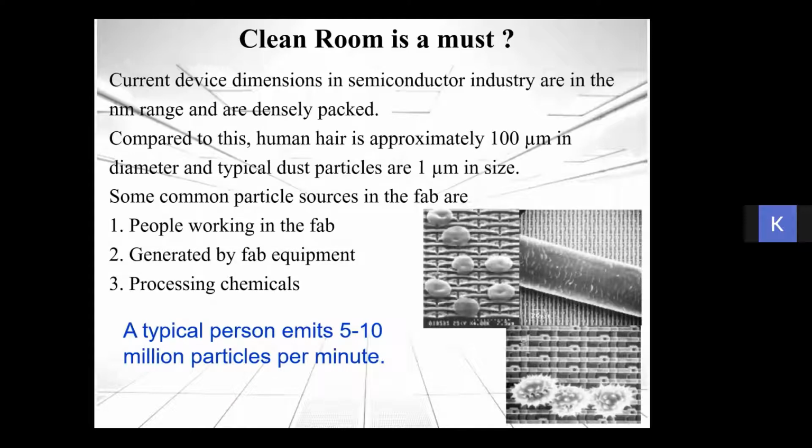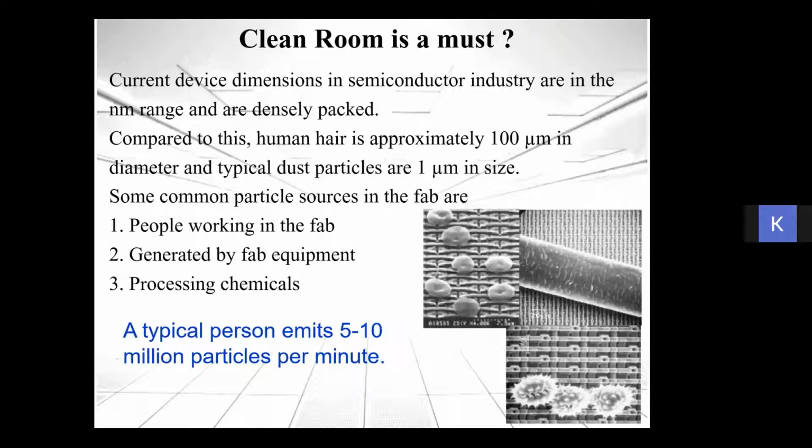The main requirement for this clean room is that you are making devices in the nanometer region, whereas your dust particles or whatever contaminants you have are in the micron size. So obviously, if a single dust particle falls on your device, then you can understand how many components will be destroyed. That is the main problem which people face while doing device fabrication.